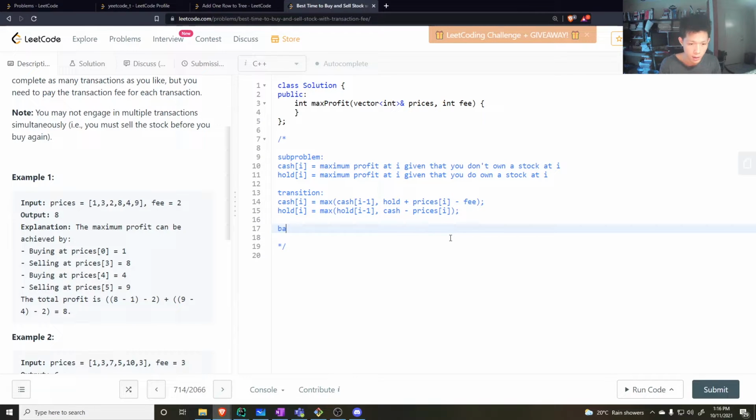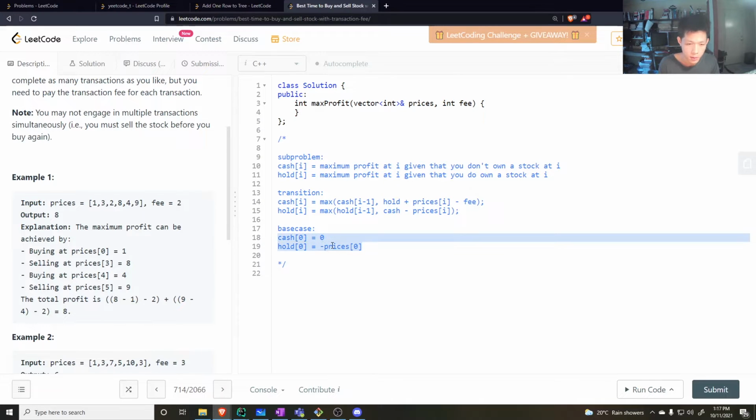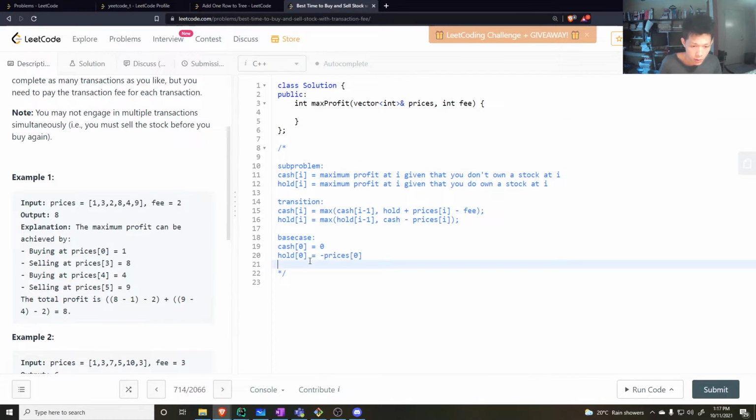And then we have the base case. So cash of 0 would be 0, because I couldn't have made any transactions before i equal to 0. What about hold at 0? Hold at 0 means I am holding something. The only thing I can hold is the first stock, so that means this would be minus prices at 0. That's pretty much it. We can actually do it in constant space because we only need the previous cash and